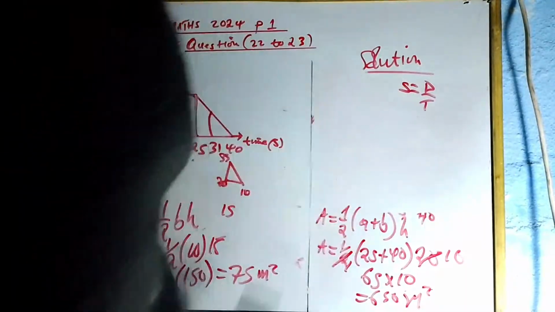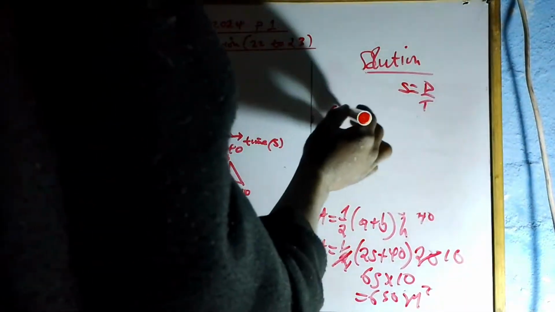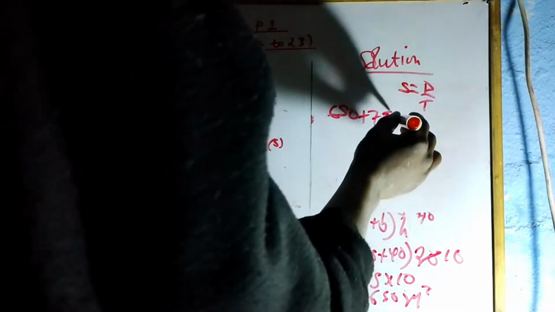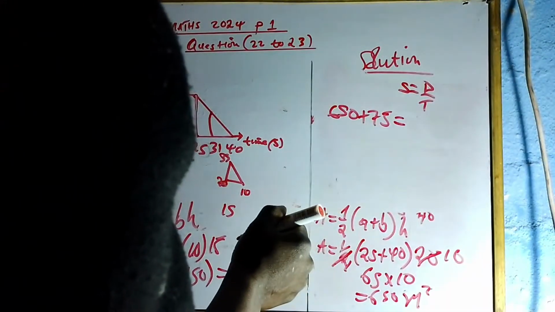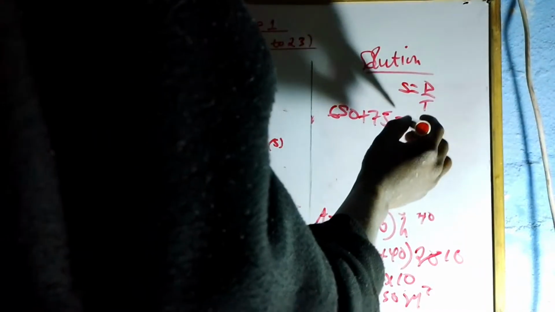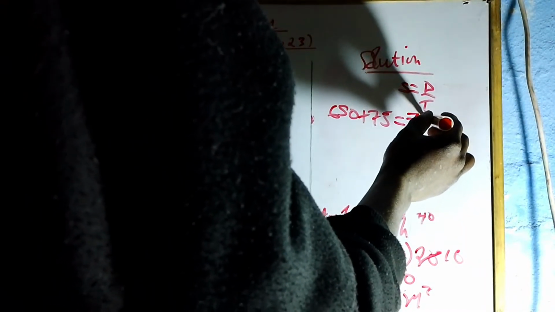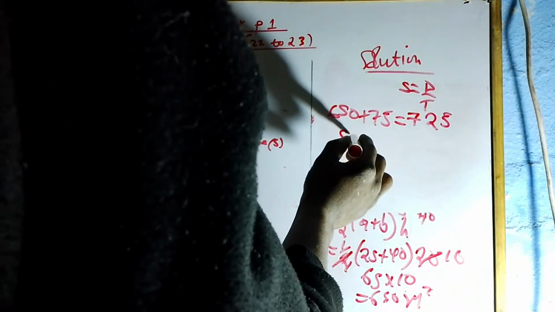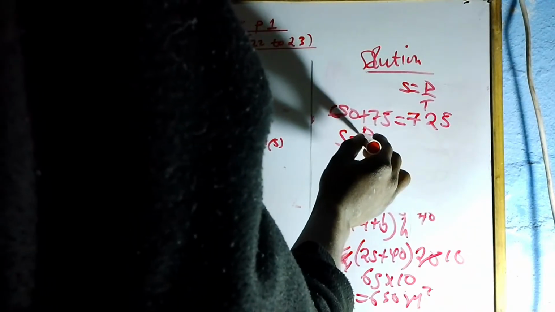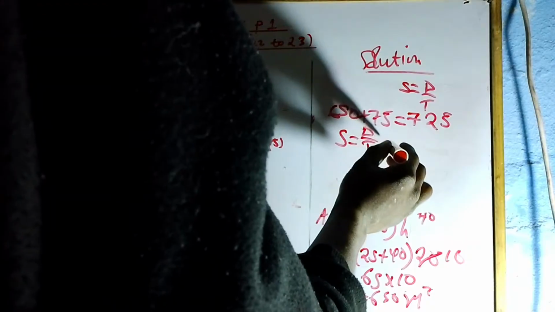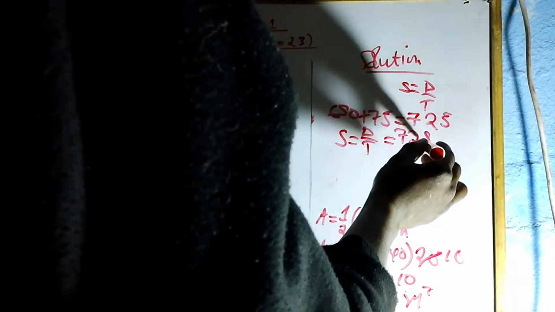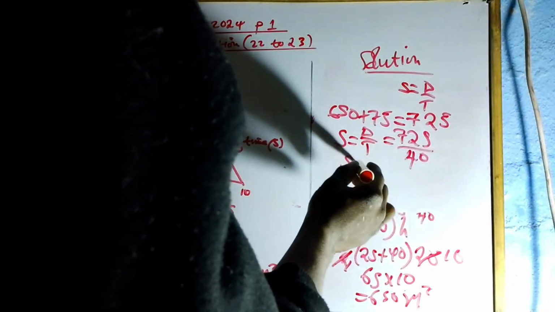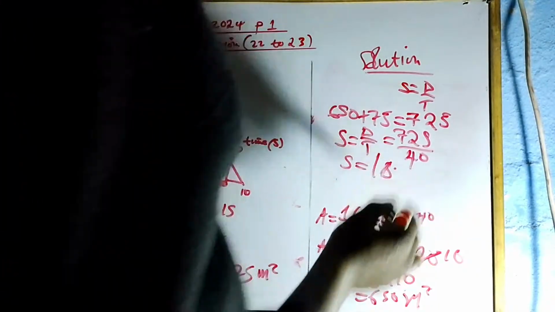Okay, in which we have 650 plus 75, in which we are going to have 725. So now speed equals distance over time, in which it will be equal to 725 divided by time, which is 40, in which speed will be equal to 18.125